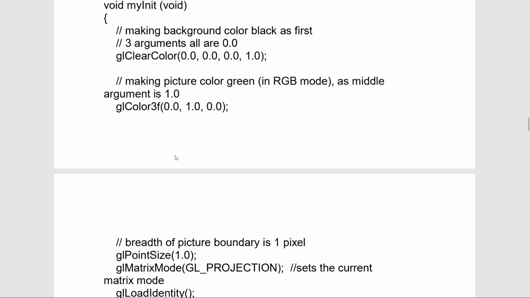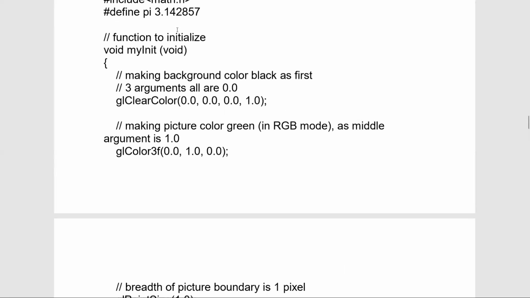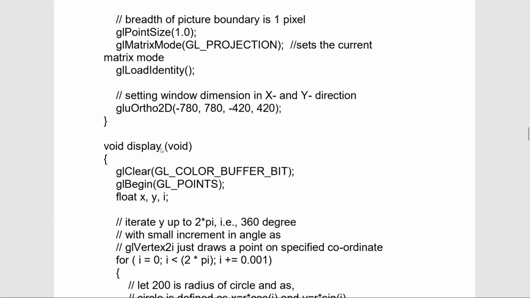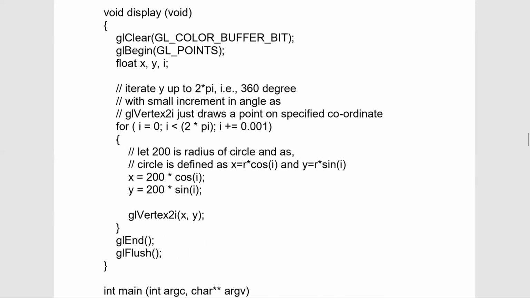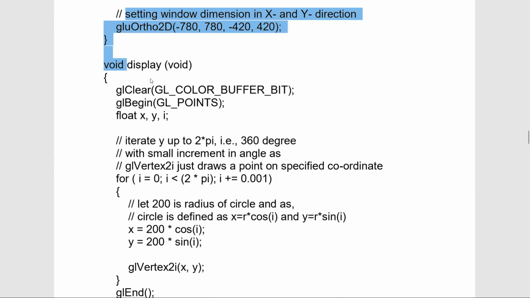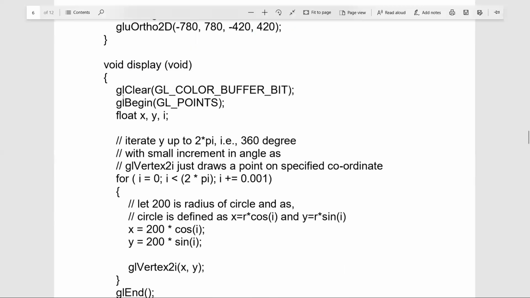So I hope you have understood the user defined function for initialization purpose, which is myInit. It is a user defined function we have written. We want now another user defined function, say display function. The display function is now preparing the display area.